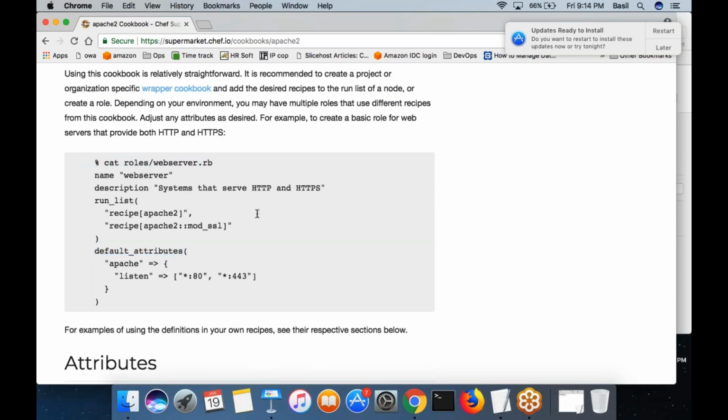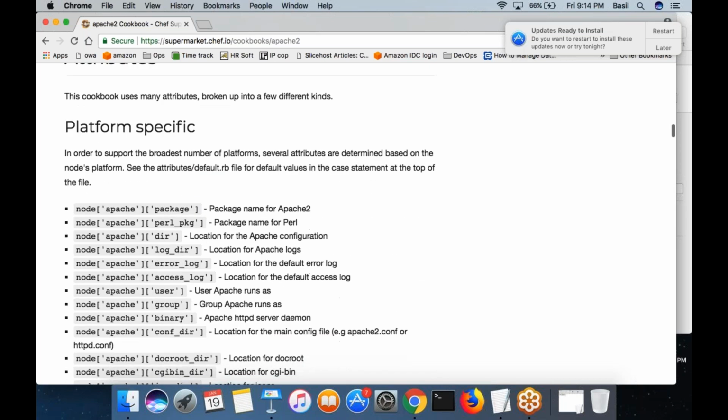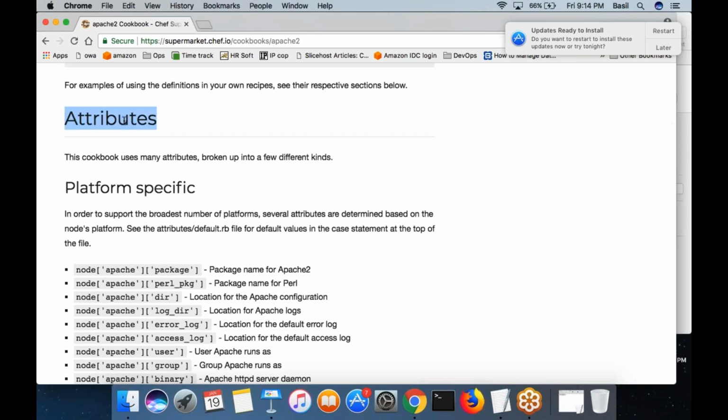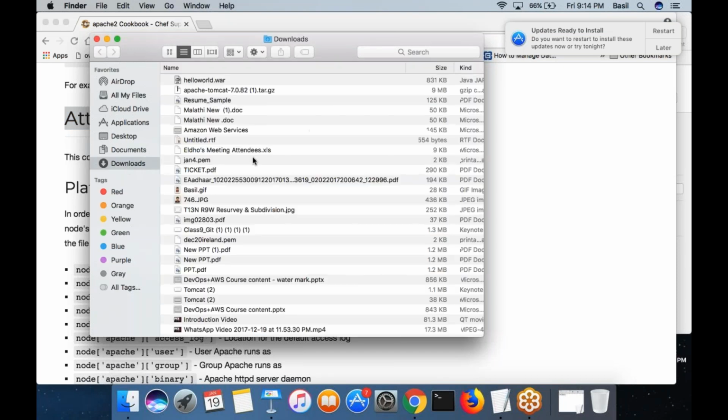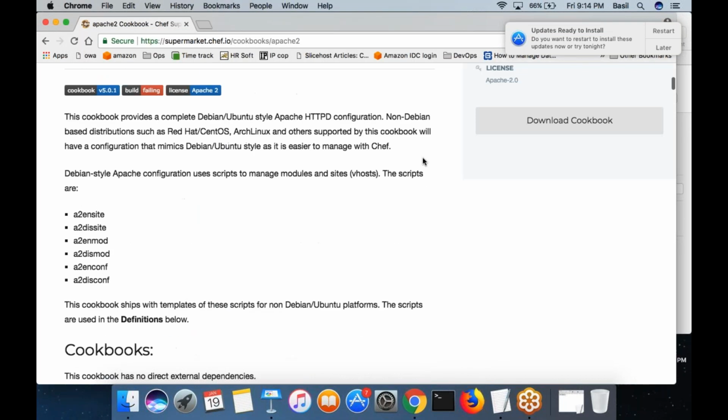Basically, you have a number of machine where you want to set up Apache, you want to install and configure Apache, and this recipe what it does is it will enable this ssl module into Apache. That's what we will come into. I just wanted to give you an overview. Let's come down. You can see a number of attributes within this. So first what I would do is I will go ahead and actually I already have, I will download this cookbook.